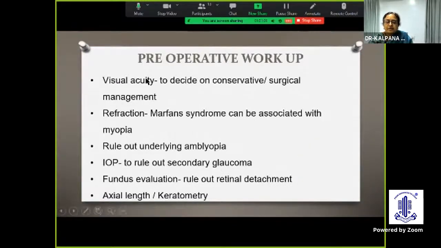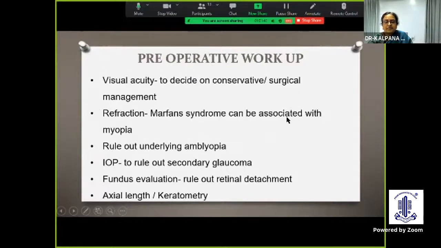So visual acuity evaluation is mainly to decide on what type of management you're going to do. And the age of the child also is a very important factor. Based on the age of the child and the presentation, you decide whether you're going to do conservative, in terms of medical management, or surgical management. This medical management sometimes would give some time for the parents. Second is in a very young child where you cannot place an intraocular lens. Suppose you see a 1-year-old child where you can't place a lens. If there's a chance for medical management, then you can think about it.